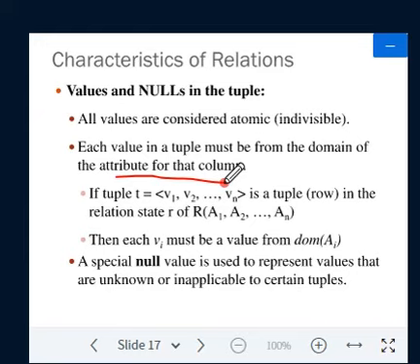So there is an associated domain with that column. When can we have the null values? As I have told, null values can be applied in three situations: the value is unknown, the value is not applicable, and the value is not available. In these three situations, we can use the null values.